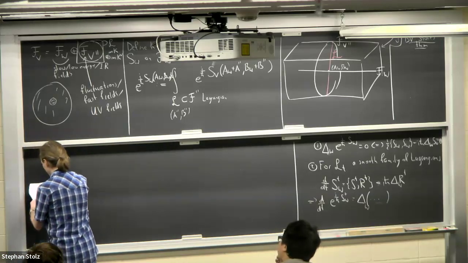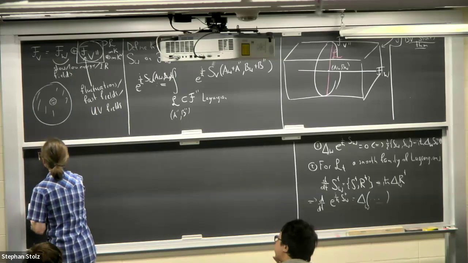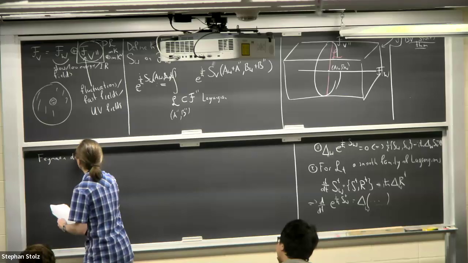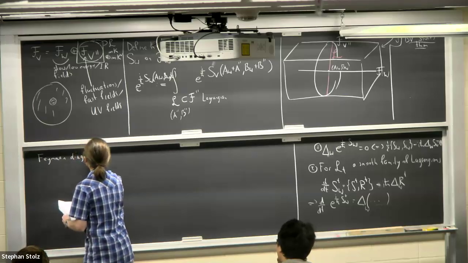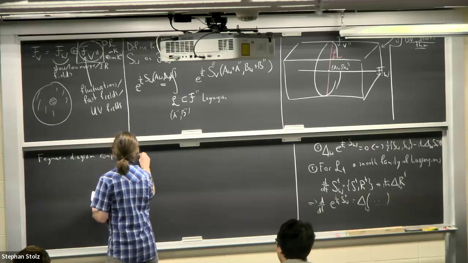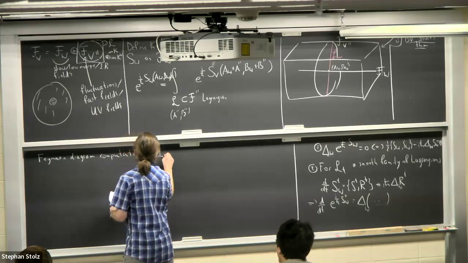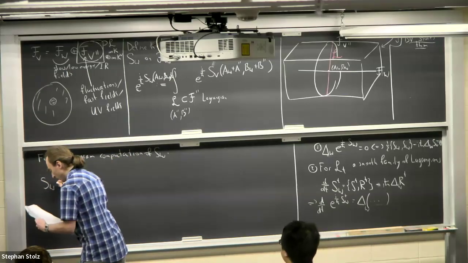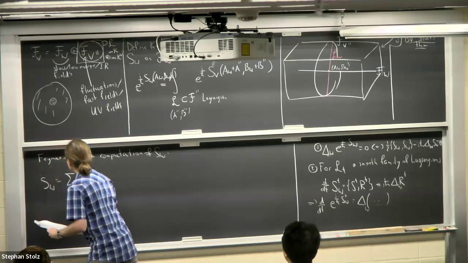So the Feynman diagram computation of S_W gives me the following answer: S_W is the sum over